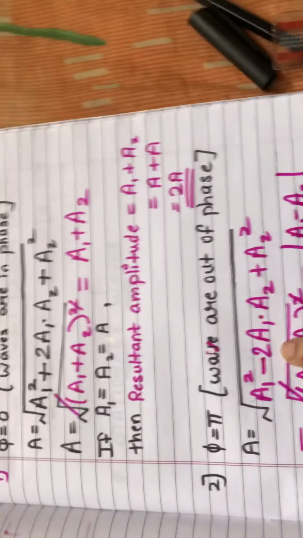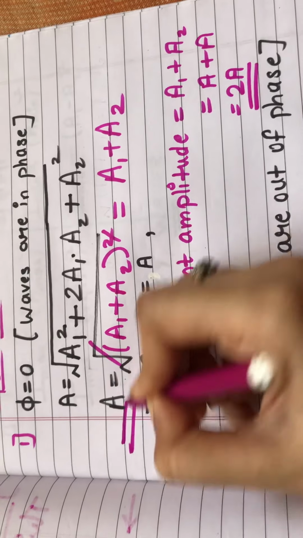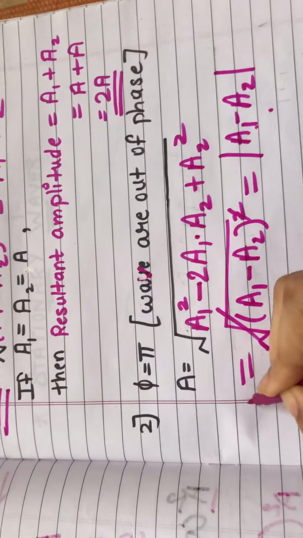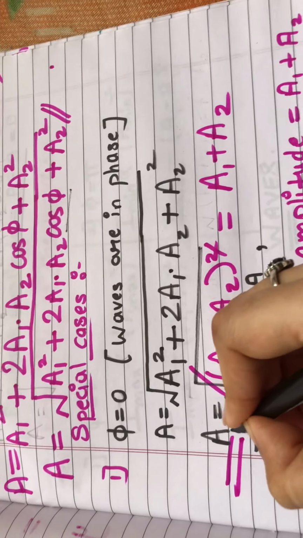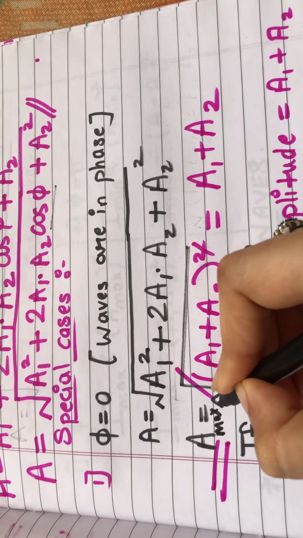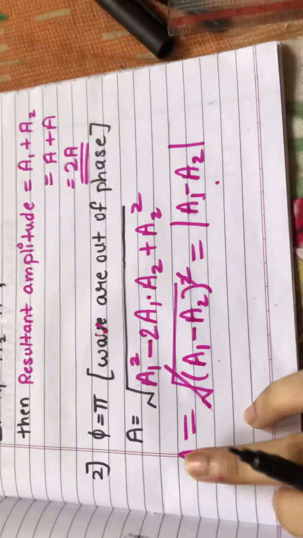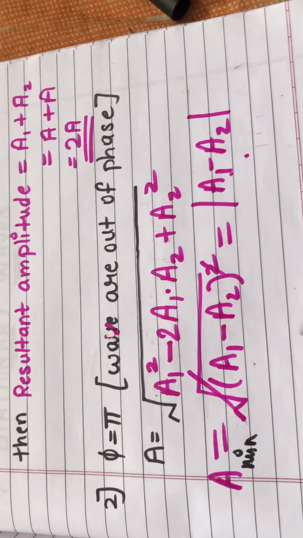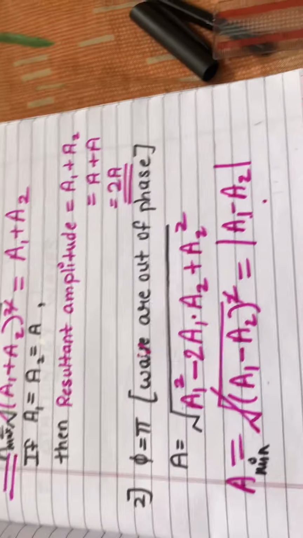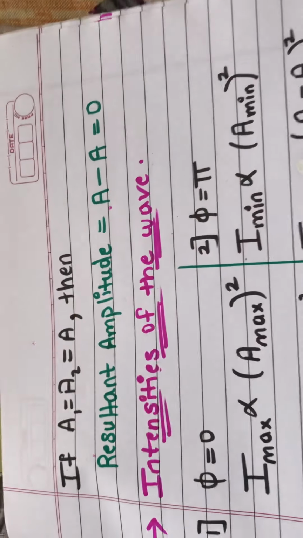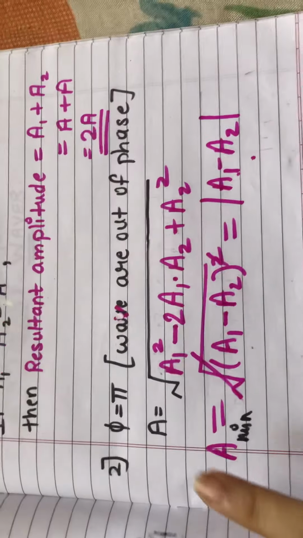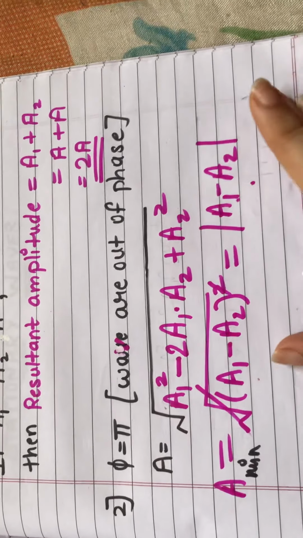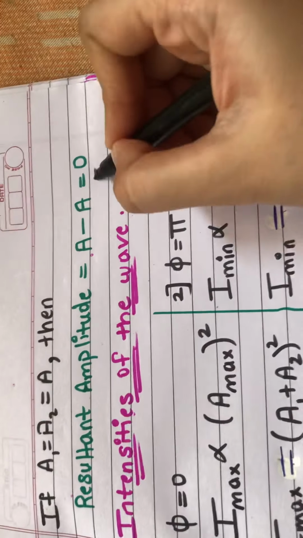Now here you will have to see two cases. Here the resultant amplitude is a1 plus a2 and here the resultant amplitude is mod of a1 minus a2. Where is it maximum? Of course, the amplitude is maximum in this case where phi is 0, and in this case the resultant amplitude is minimum where phi is equal to pi. Now for this case, if a1 is equal to a2 and both of them are equal to a, let's substitute: a minus a will give me 0. So in this case, that phi is equal to pi, the resultant amplitude becomes 0.